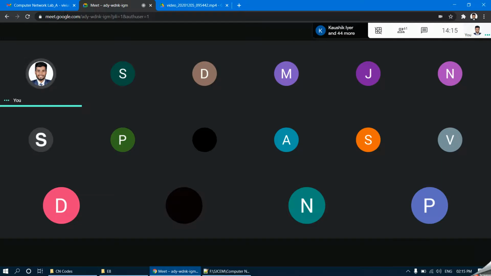So in today's lab session, network simulator version 2 will be used, and that is why it is called NS2. We will be implementing one of the network topologies, to be precise, star topology. We have different topologies like mesh topology, ring topology, bus topology, hybrid topology.